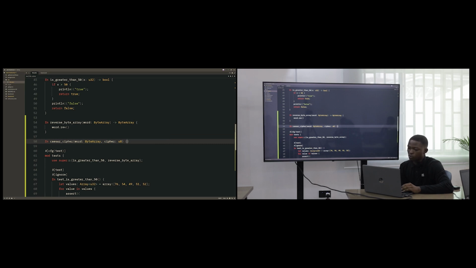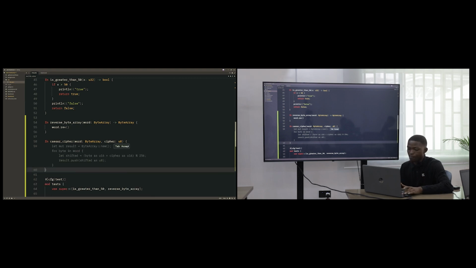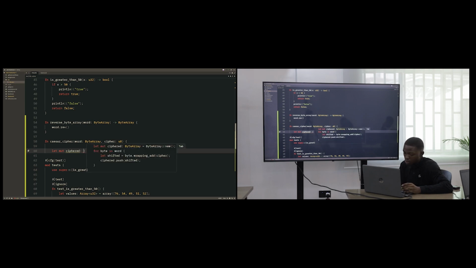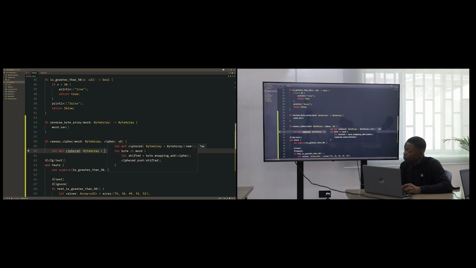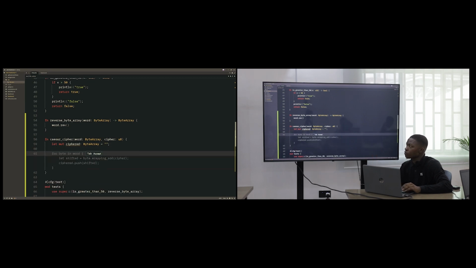Given this word, since strings are immutable, like they're actually a vector of characters or bytes, you'd want to create a new byte array that would store the ciphered characters. So the next thing is, for every character in this particular word,